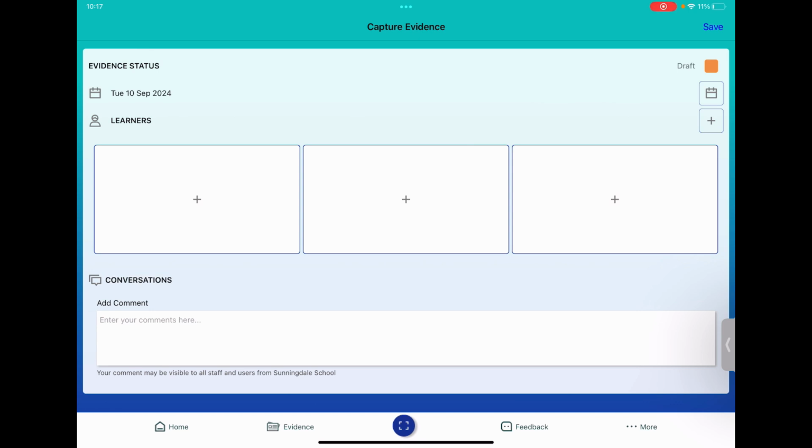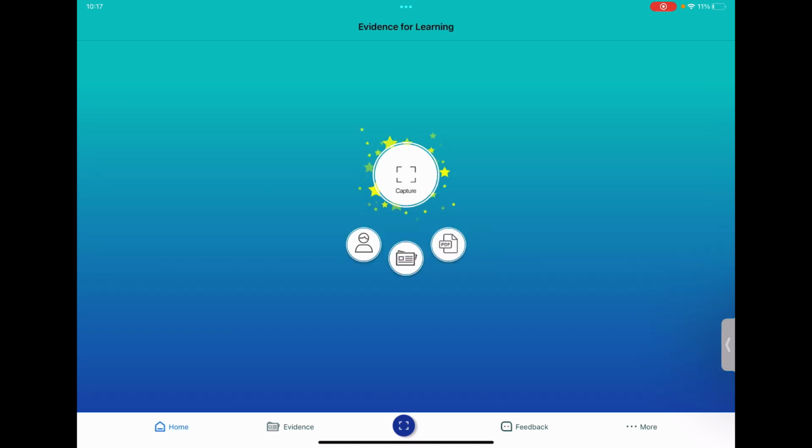In order to return to the home screen, you'll see along the bottom there's 4 icons. In the bottom left there's an icon that says Home, so click on that and you'll be back to that home screen. I'm now going to show you how you can see the information that the school has shared. So again, if you look along the bottom there's 4 icons. We have the Home on the bottom left, next is Evidence. If you click on that,